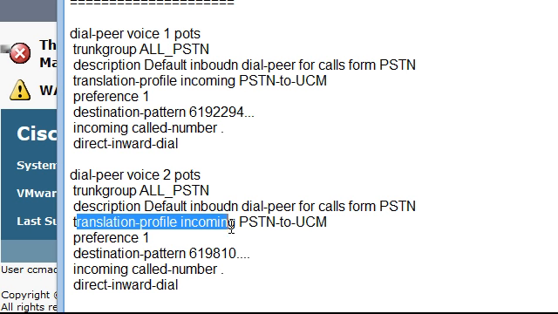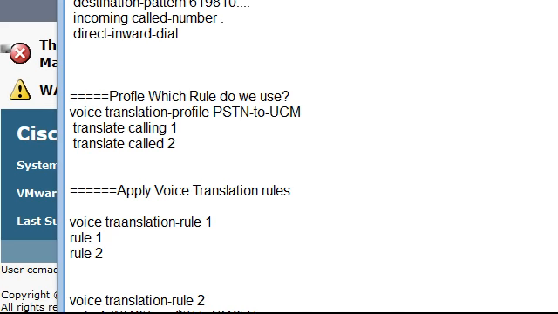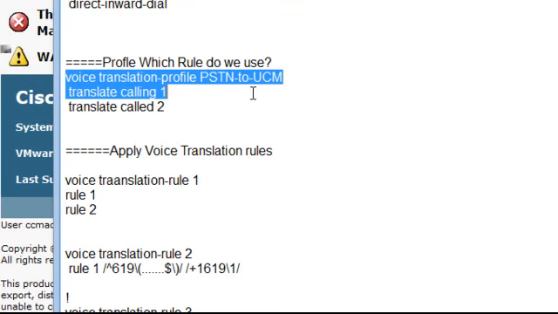is here. That's what it looks like in your config. And basically it's saying translate calling using translation rule 1 and translate called as it relates to the router with 2. So now let's take the translation profile that was set up here in the dial peer and go see what it does. So it says here translate called 2, and the best way is down here under the voice